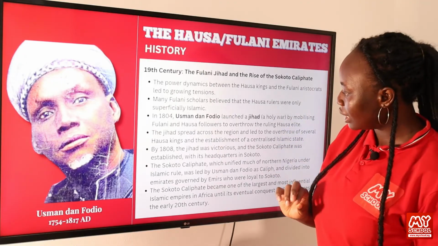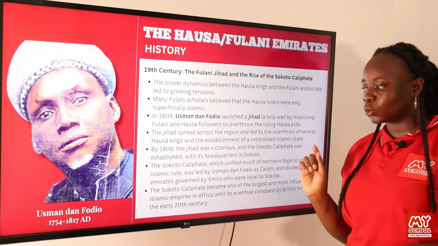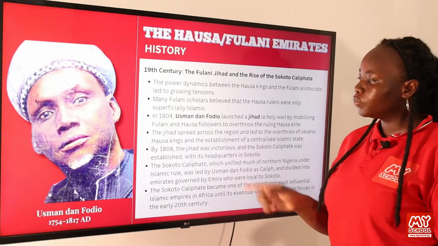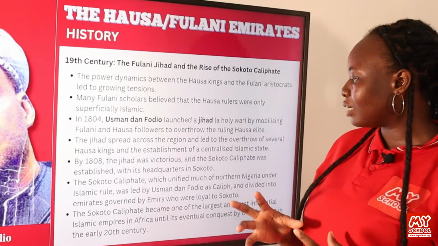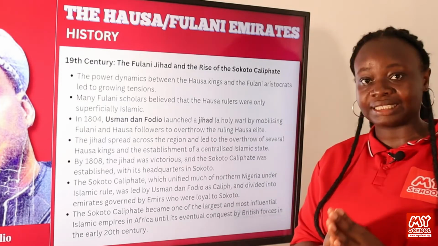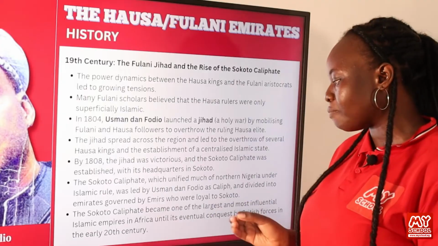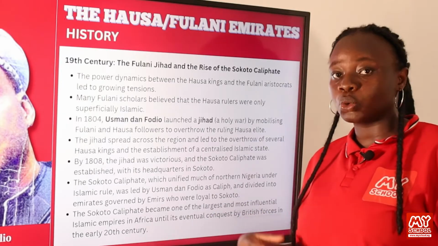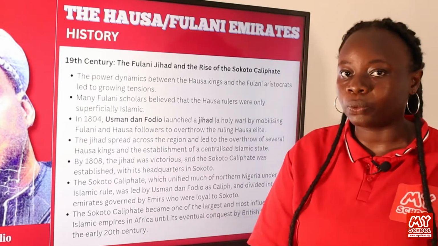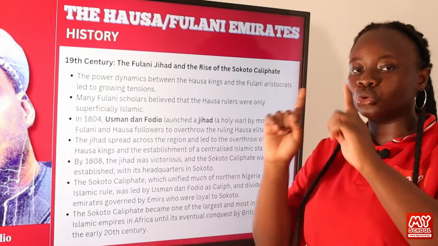So by 1808, the jihad was victorious and the Sokoto Caliphate was established with its headquarters in Sokoto. The Sokoto Caliphate, which unified much of northern Nigeria under Islamic rule, was led by Usman Danfodio as the Caliph of Sokoto, and divided into emirates governed by emirs who were loyal to Sokoto. So we have various emirs. We have emir of Kano, of Zaria, and all the other states, but they were loyal to the Caliph